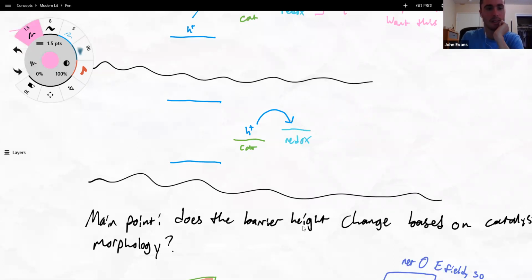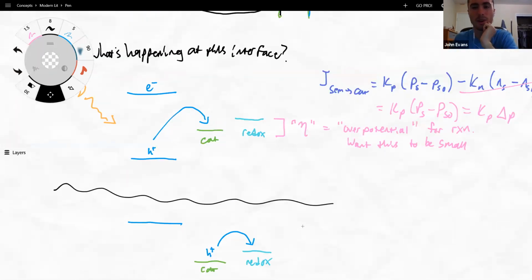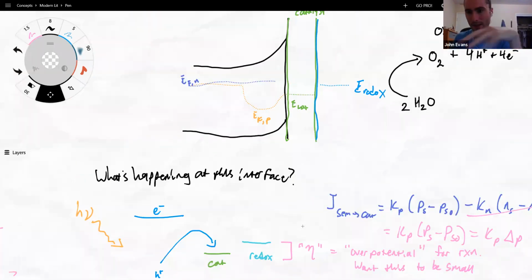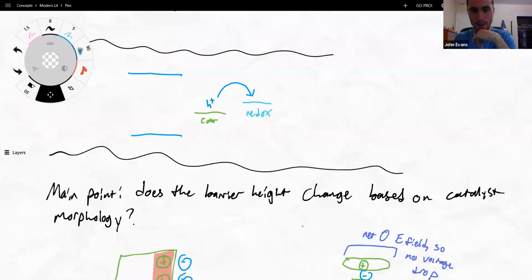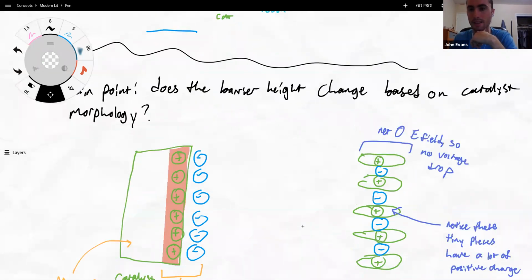Fabulous. All right. So the main thing that they actually look at, they don't care so much about this. This is somewhat well known. This is just background for you. The main point that they want to know is, does the barrier height change based on the catalyst morphology? So they look at catalysts that are both solid slabs, and I say slab, but just a tightly packed thin film